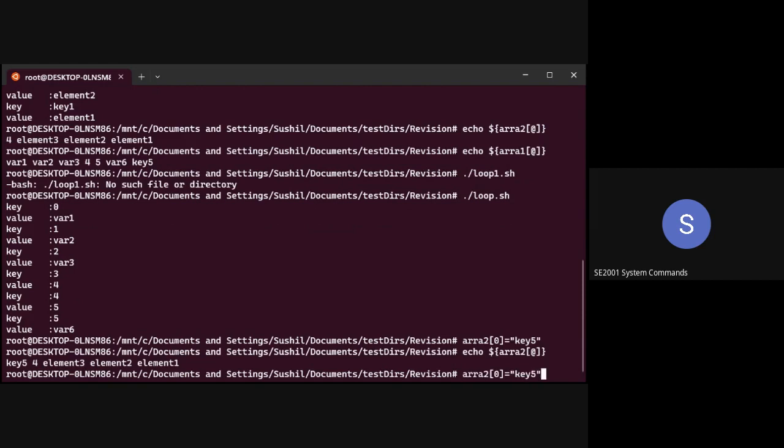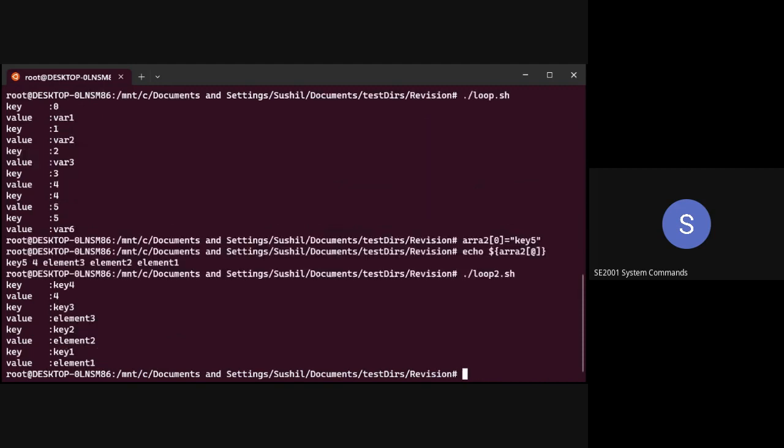And then we see that the last one we have added was key 5, right? So if we run the loop again,